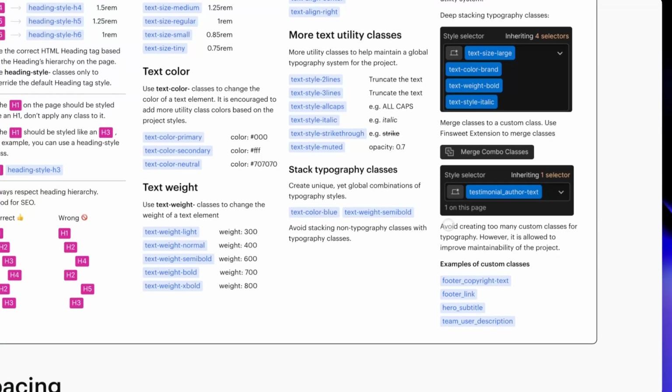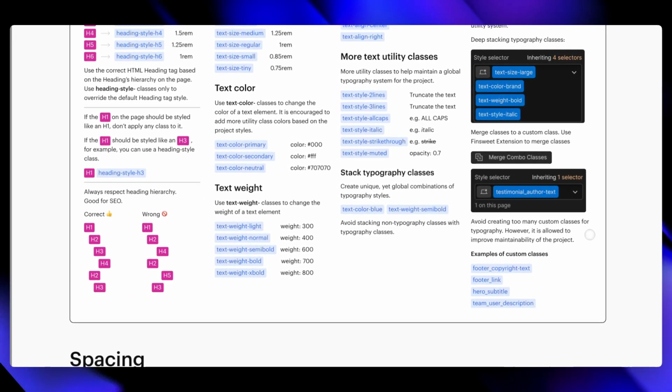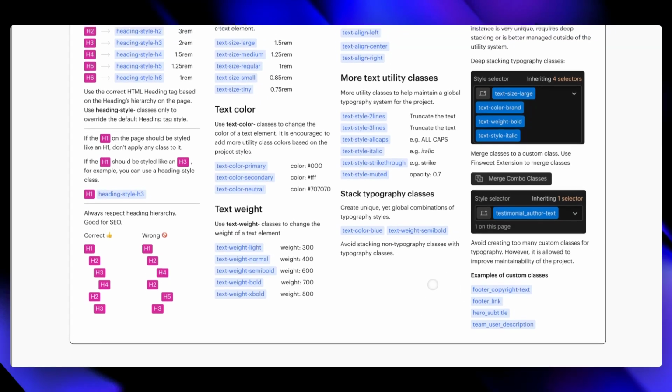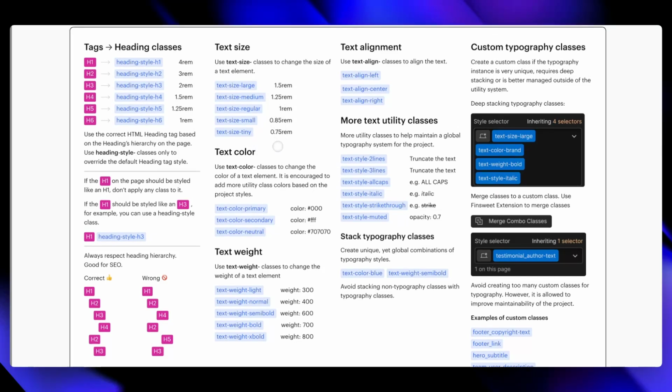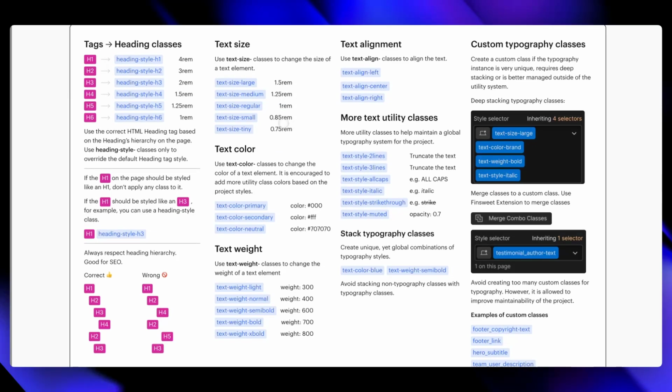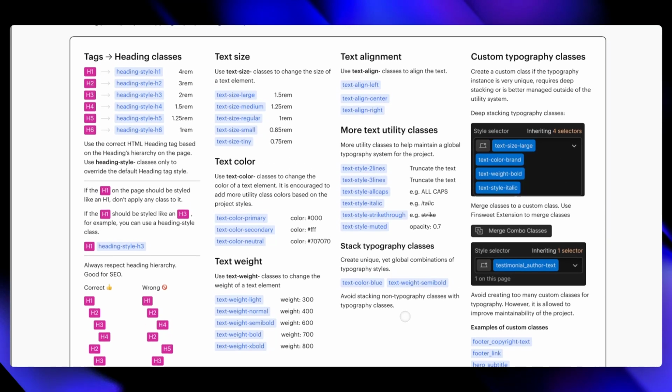And overall, avoid creating too many custom classes for typography. However, it is allowed to improve maintainability of the project. Example of custom classes: footer copyright text, footer link, hero subtitle, theme user description. So that's exactly what I was referring to. Whenever you start finding yourself having two or more classes, especially when you get to the point of three, I would say definitely keep this in mind. So we're going to continue with the very next